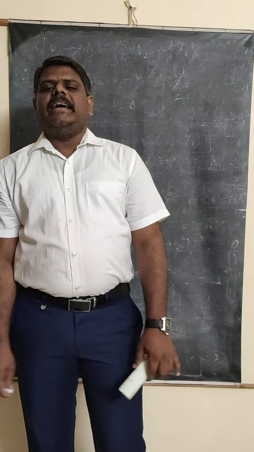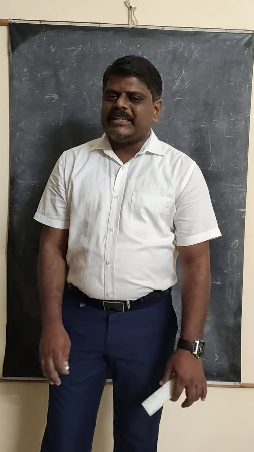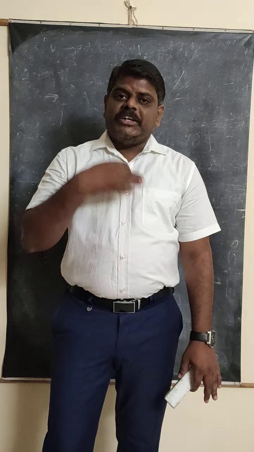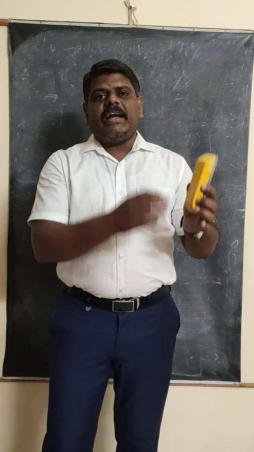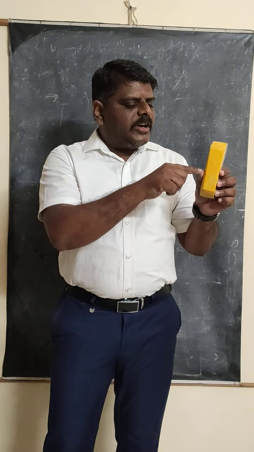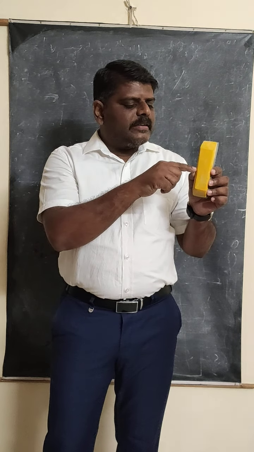Based on that relation, in the examination they are going to ask a few conditions. Based on those conditions, we need to explain whether the liquid level increases or decreases compared to the initial value. For example, this is a long neck round bottom flask. We take the liquid up to this level. According to the given condition, we have to find out whether the liquid level rises or decreases from this point. That we have to explain.